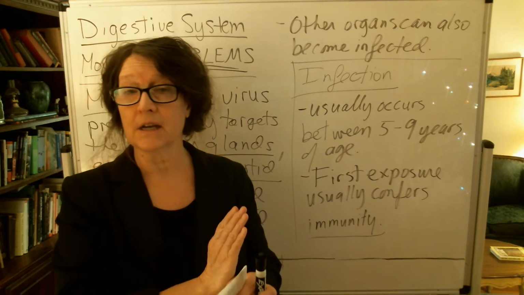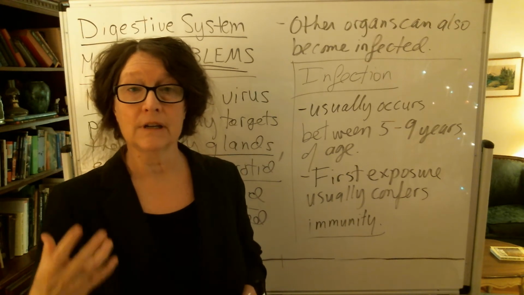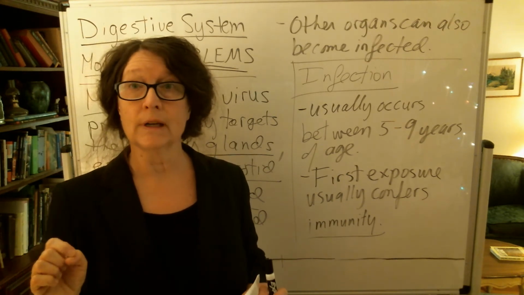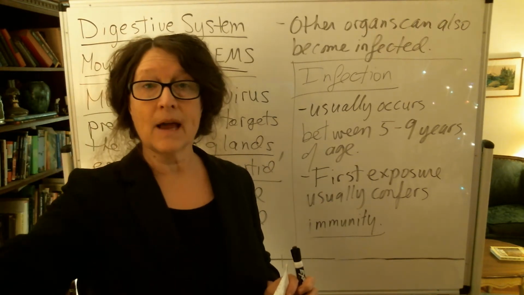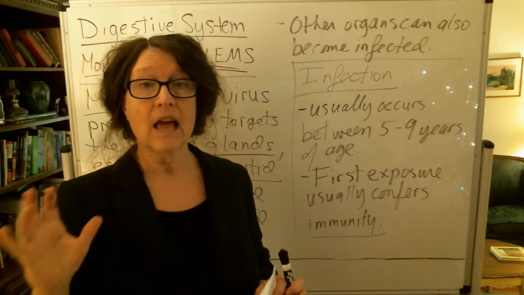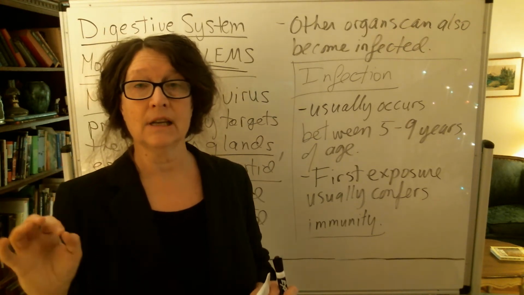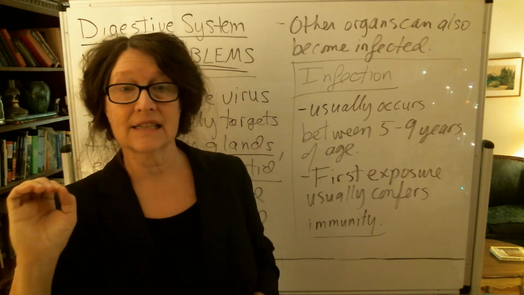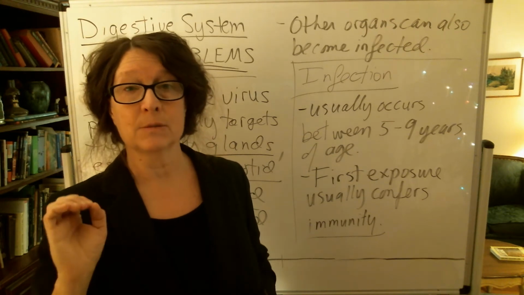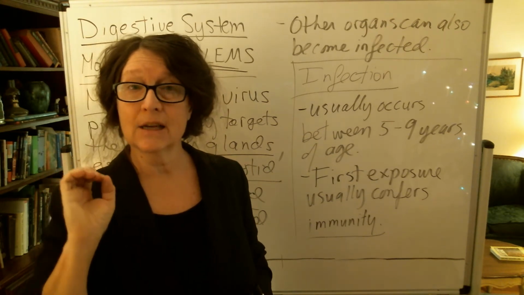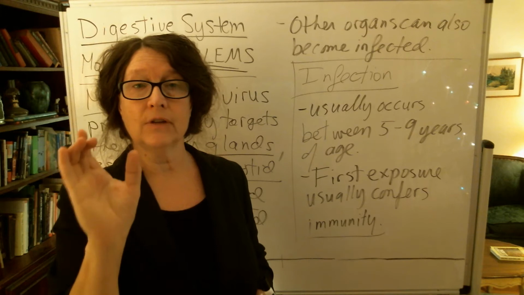So if you get a cut and some bacteria wind up getting into your bloodstream, then your various immune system entities, usually white blood cells, will wind up attacking these bacteria because they do not recognize them as having been made by your own body. So that is the general immune system. It basically attacks anything that is non-self, not made by your body. Then we wind up with specific immunity, which is where your body winds up targeting specifically one specific disease, like